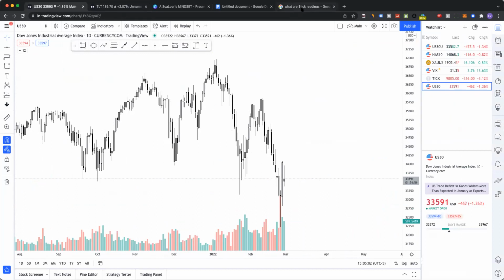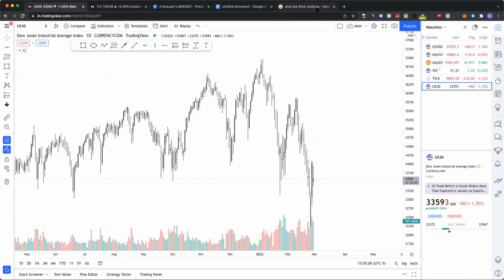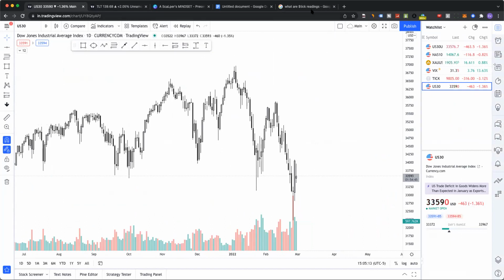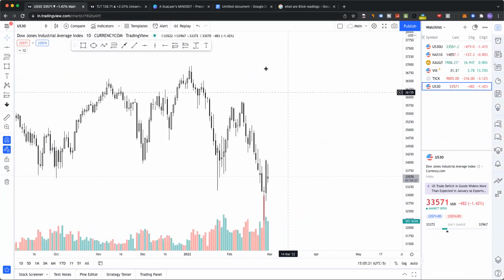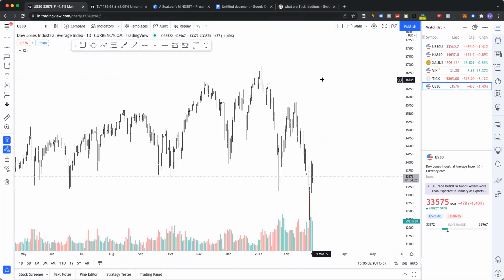The reason I searched this, what are tick readings, is that I just wanted to give you guys an accurate definition versus my definition, so you would know exactly what a tick reading is. It's basically the New York Stock Exchange advances and declines, so the advances minus the declines. If you're wondering exactly what the tick is, you can just look at that. But ticks are something that I've been using in options for like 4 years, so they're very important.